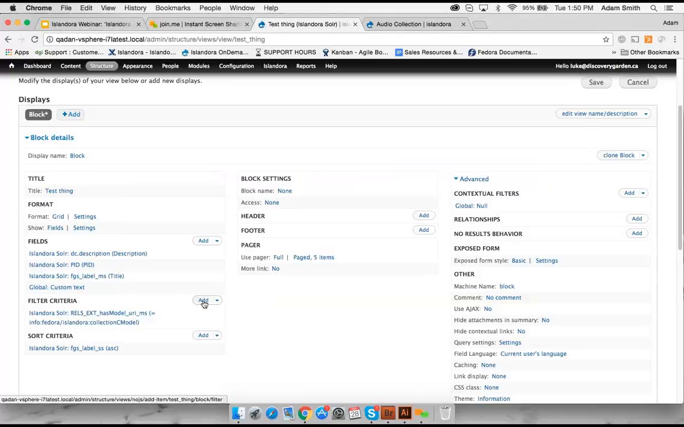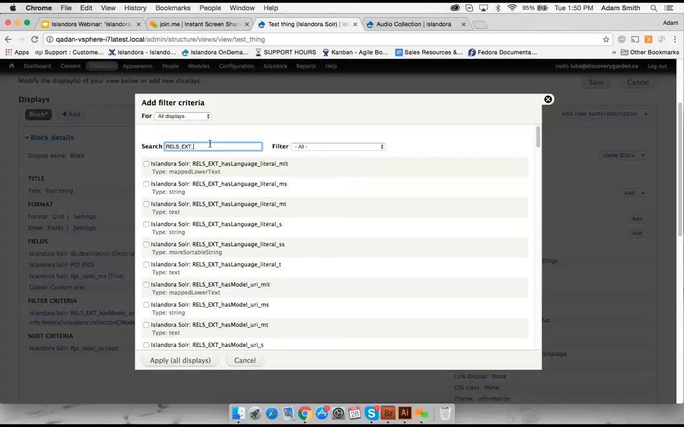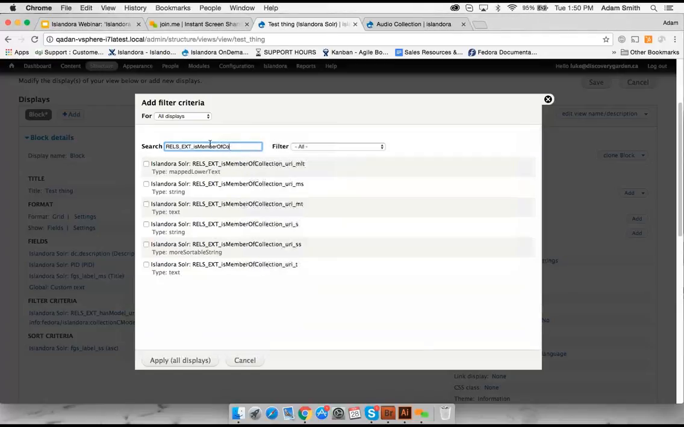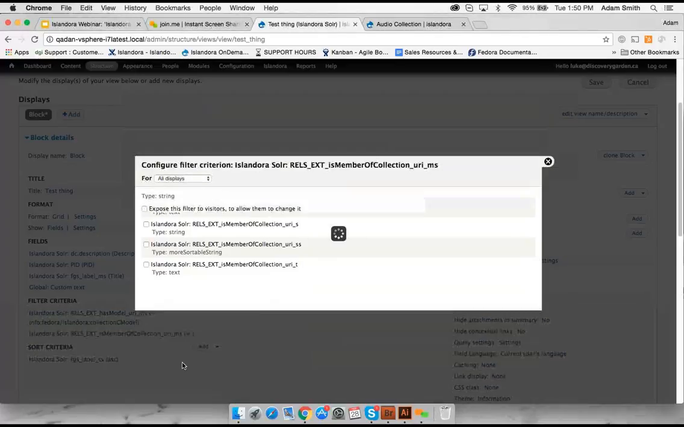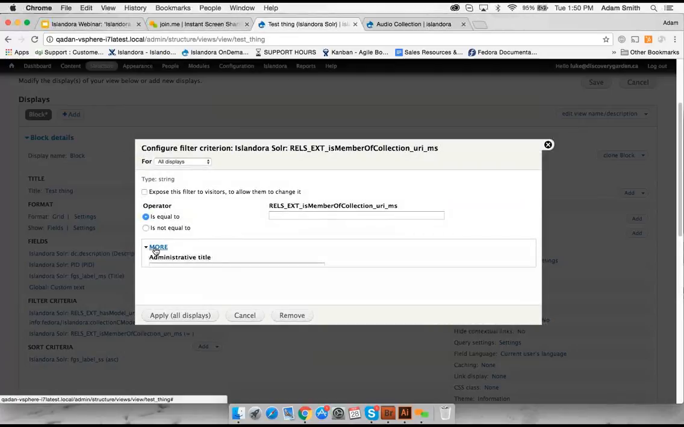The second thing that I'm going to add in here is a second filter criteria that asks whether or not something is a member of the current collection. So I'm going to stick in here rels_x_is_member_of_collection. This is the one that we used before, to ask whether something was part of the collection. And rather than giving it a specific PID, we have